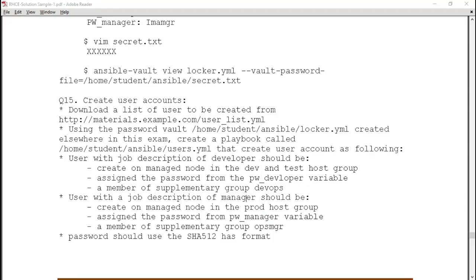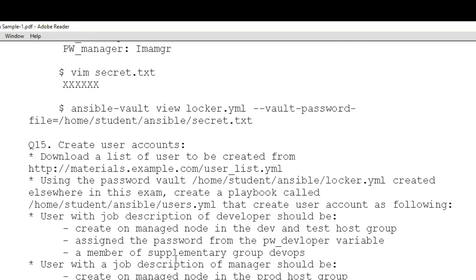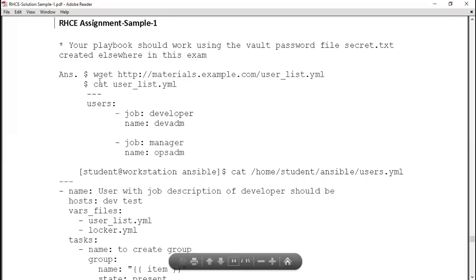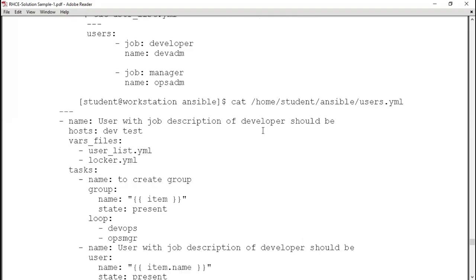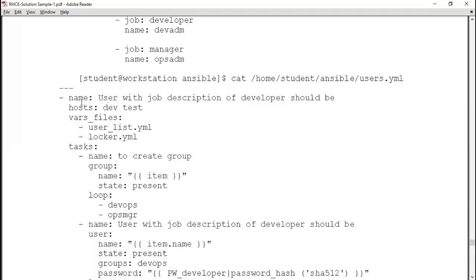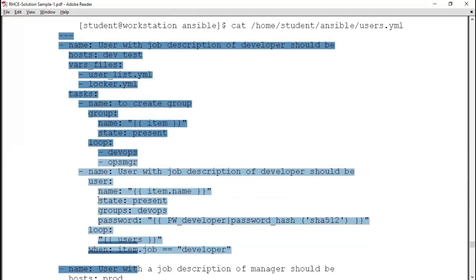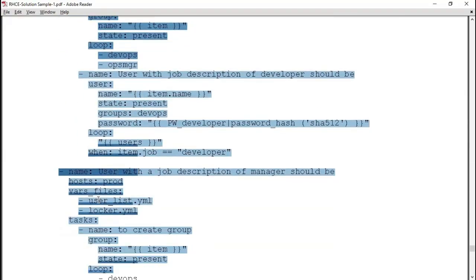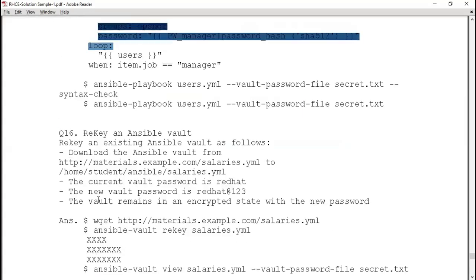So if you go to its solution, scroll it down. We have already downloaded that. We have the content in this file. We need to create the users.yml. Let me create that first of all. Users.yml. And first of all, let me put it, then we'll explain. Name, manager, task. Job, yes.